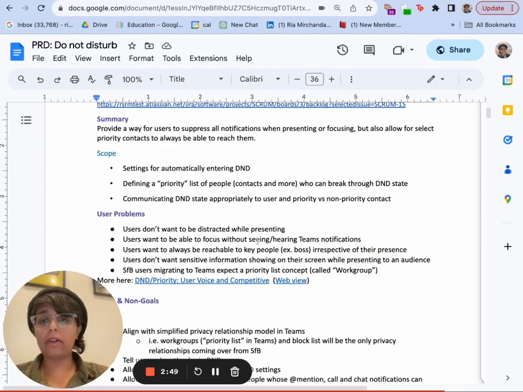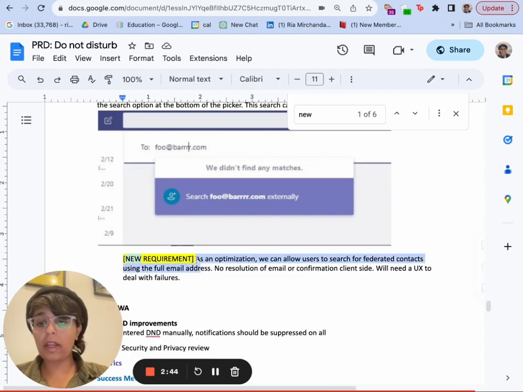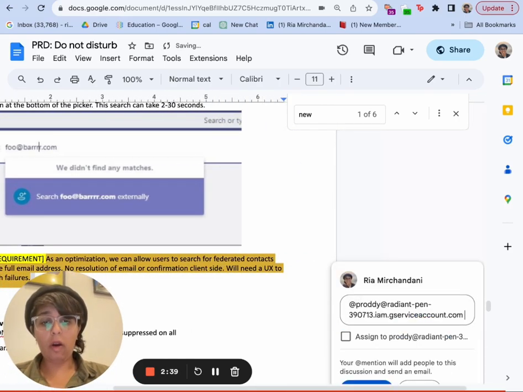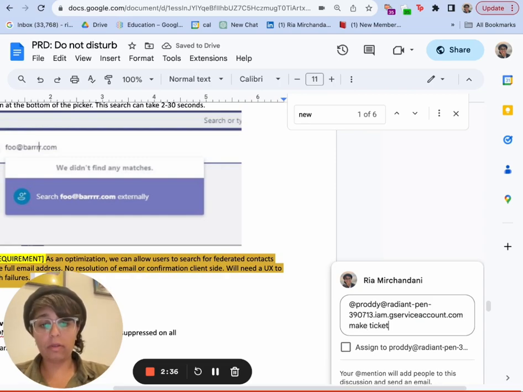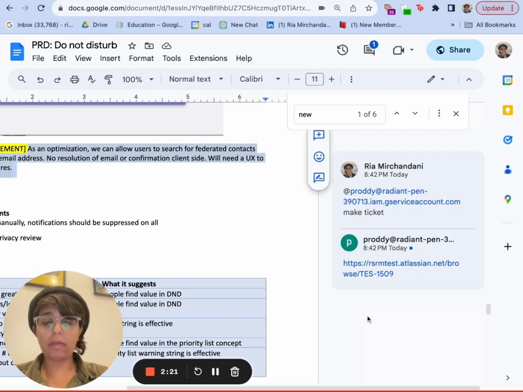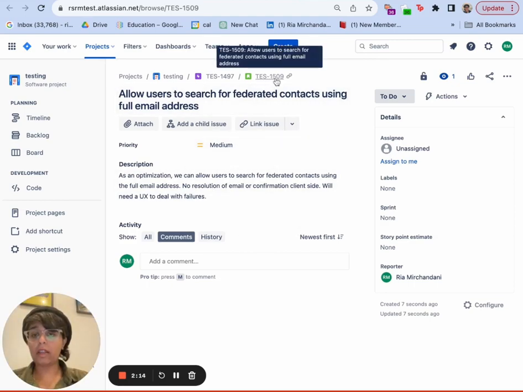Now, say I added a new requirement after having told Proddy to create the backlog. All I need to do is highlight that content of the new requirement, call Proddy, and tell it to make this into a ticket. And Proddy gets back to me with a link to what looks like the ticket that I just wanted to create. And as you can see, it's linked to the same epic or the same project, the Do Not